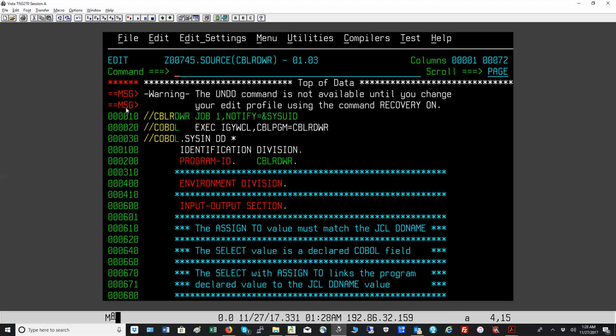So we have some COBOL syntax up here, and we have a job statement, and it's called job 1. Sorry, the name of the job is CBL RDWR, or our program. That's the name of the job. The exec statement tells us that we have to execute a program. So here we're going to have a couple of things. So this ITYW